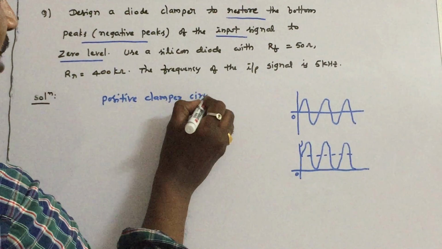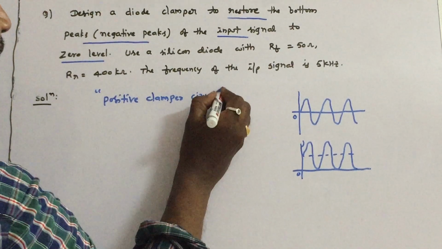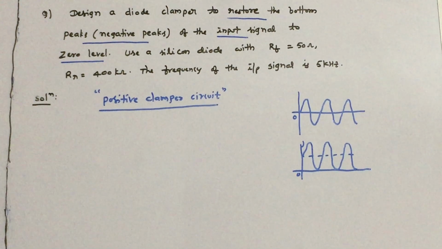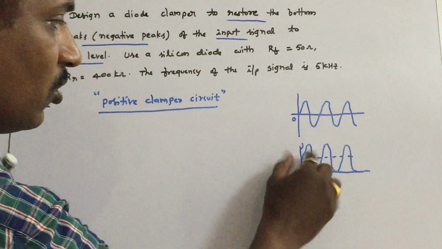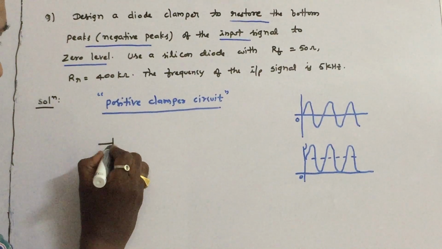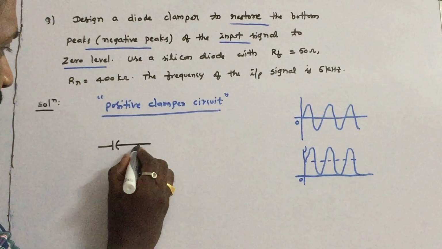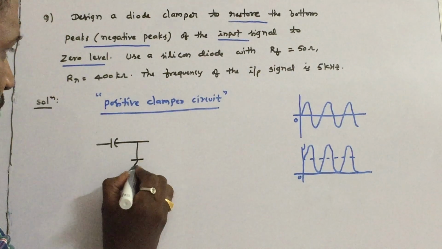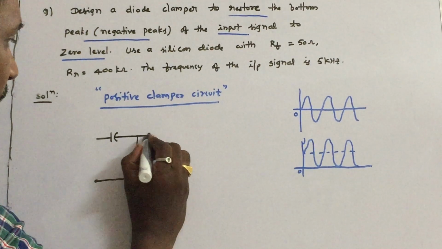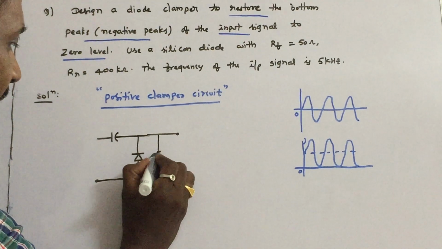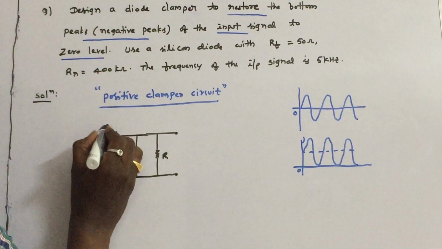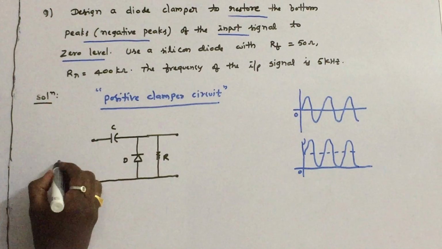So that is the first point you have to observe from the circuit. You know how to draw the positive clamper circuit because it is at zero level. So there is no biasing voltage required, as in the previous problem also. So what is the simple circuit? The simple circuit is capacitor. So what is the direction of diode? We have to place the positive clamper diode like this. So here we have to place a practical resistor, here R. So this is the circuit for this problem.